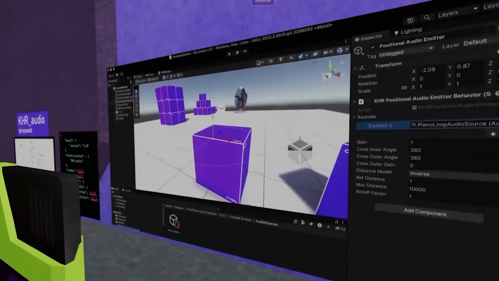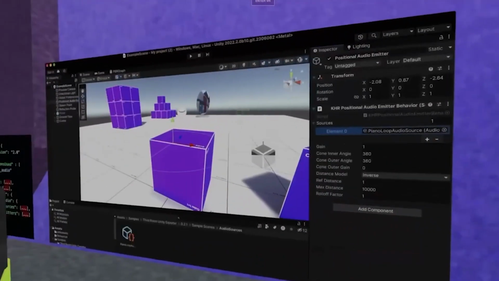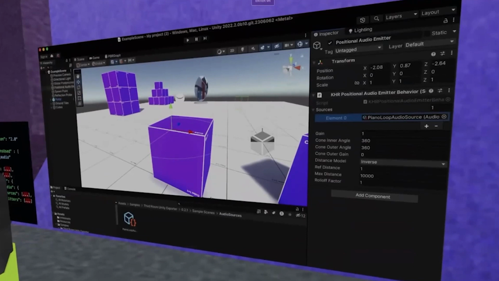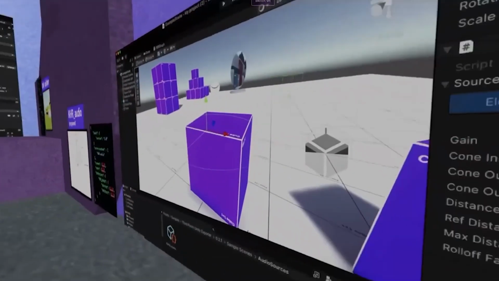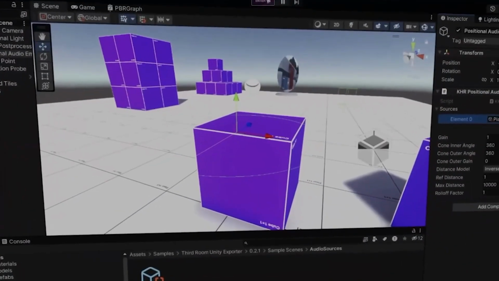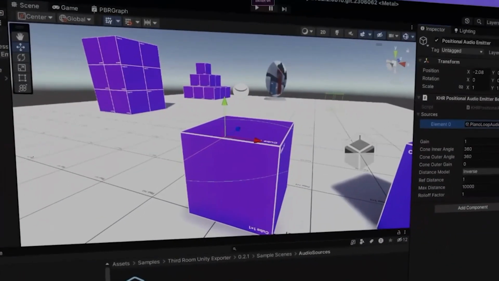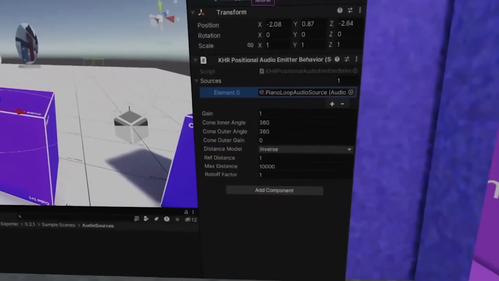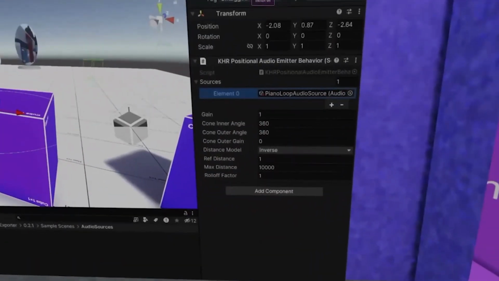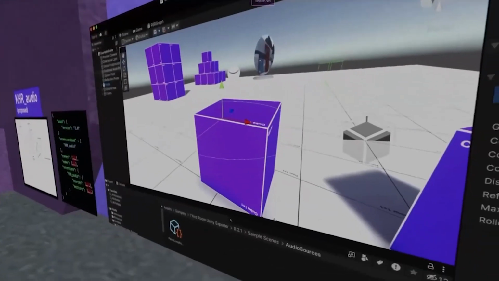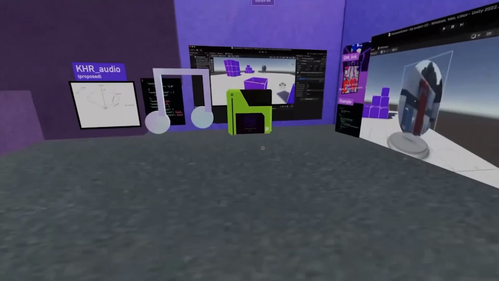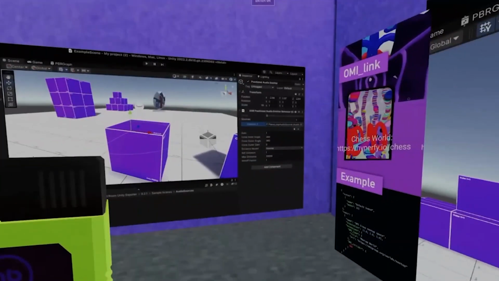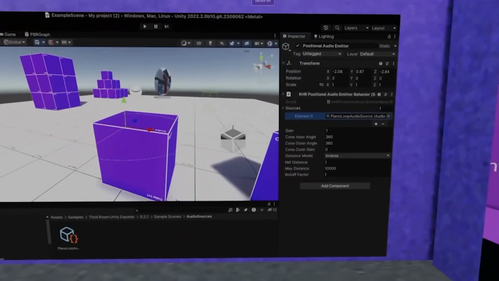There's a lot of ways to do it. And yeah, so this is the Unity exporter for the Third Room exporter. This is what the properties look like for positional audio. There's a really cool little graphic that shows you the properties that you're setting, like the outer angle, the gain, and distance, and all of that. And that'll be respected so that you hear it as you walk towards it. It could be global audio, and also respect things like looping, autoplay, things like that.